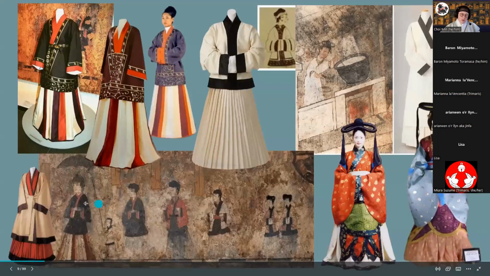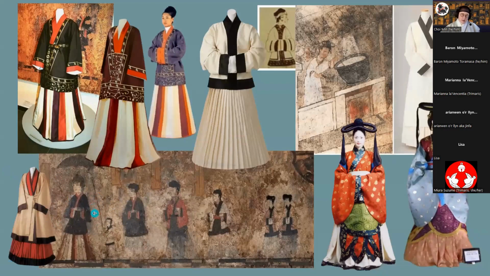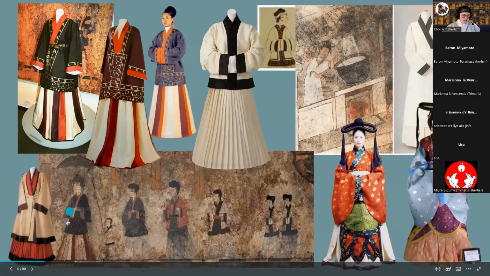If you look at one of the close-ups online, I think there's a website for this tomb, and you can zoom in pretty far and see the leaf decorations. But you can see they're replicating it here, and they're doing a pretty decent job. I don't know if this is the same garment, but two different pictures. Either way, there's tons of reproductions. And then you can see that it's the top, which I'm going to call a jeogori, and then a striped skirt is the iconic look from here.